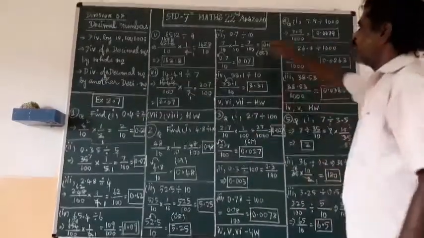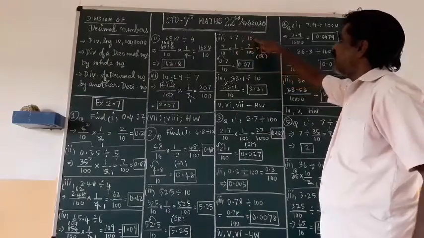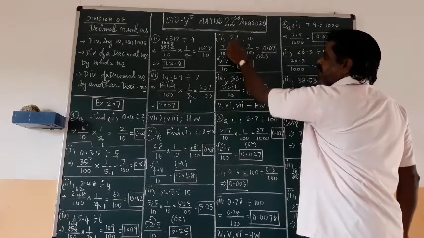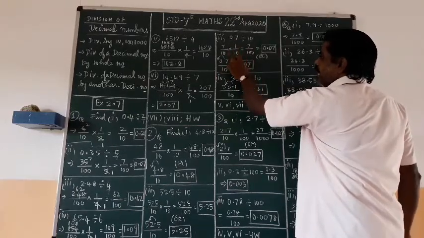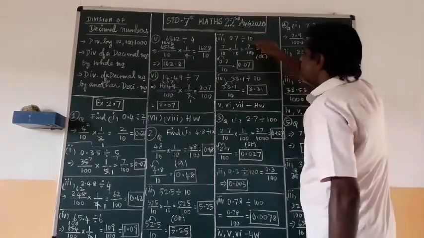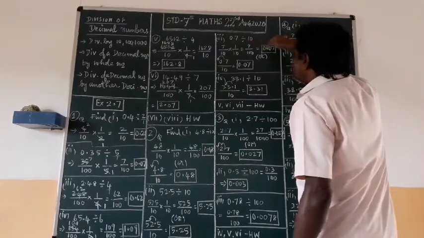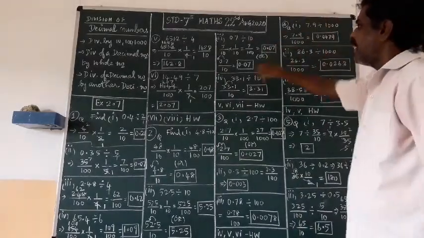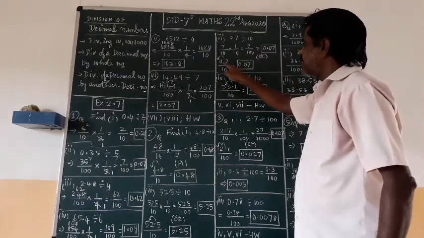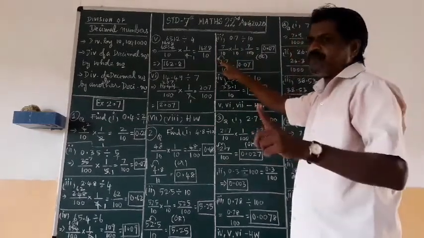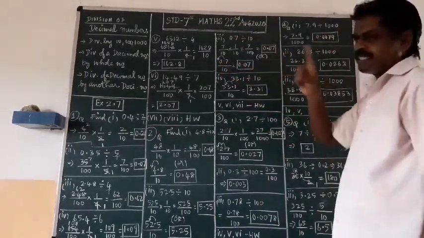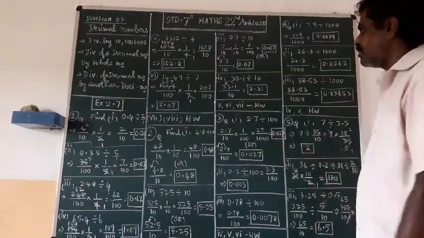Okay. Third problem. 0.7 divided by 10. First method I am doing, converting 7 upon 10 because 0.7 into reciprocal 1 upon 10. Then I am multiplying 7 upon 100. Then 2 0. So 2 digit you have to move. 1 is there, another one is not there. Put 0. So 0.07 is the answer. In other method directly 0.7 upon 10. So already 1 point is there. Move 1 digit here. Digit is not there means you have to put 0. So 0.07 is the answer. Both the methods same answer you have to get. Okay, if you are doing.